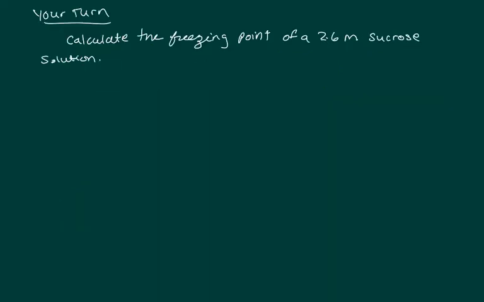Okay, go ahead and give this one a try. Calculate the freezing point of a 2.6 molal sucrose solution. We're going to use delta TF equals molality times our freezing point depression constant, which is known, and the molality is known, so we know our molality is 2.6. Again, this is moles of solute over kilograms of solvent